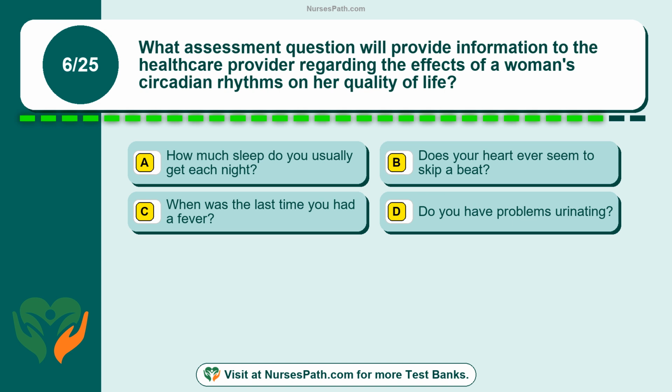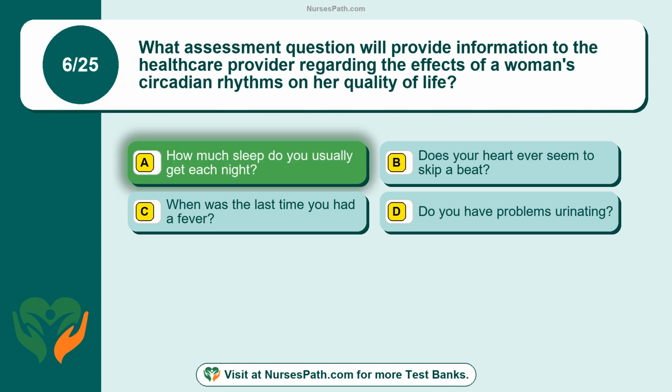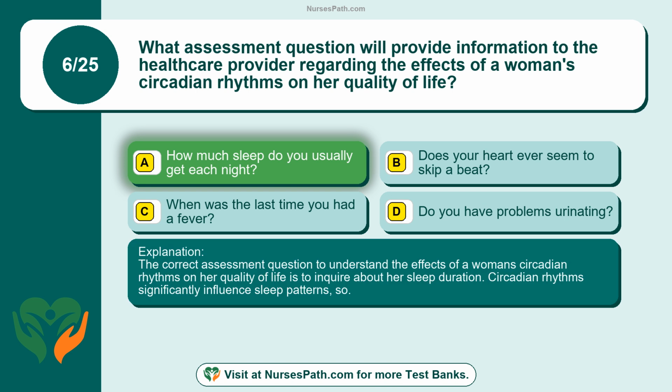Question 6. What assessment question will provide information to the healthcare provider regarding the effects of a woman's circadian rhythms on her quality of life? Option A. How much sleep do you usually get each night? Option B. Does your heart ever seem to skip a beat? Option C. When was the last time you had a fever? Option D. Do you have problems urinating? The correct answer is option A. How much sleep do you usually get each night? The correct assessment question to understand the effects of a woman's circadian rhythms on her quality of life is to inquire about her sleep duration. Circadian rhythms significantly influence sleep patterns, so